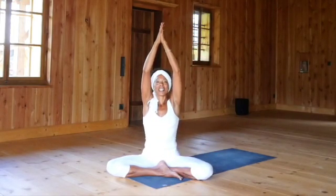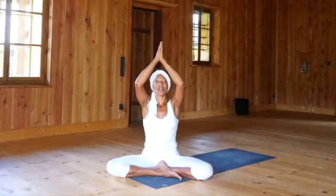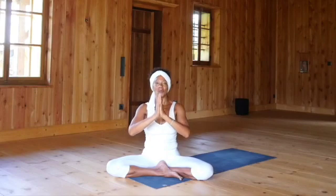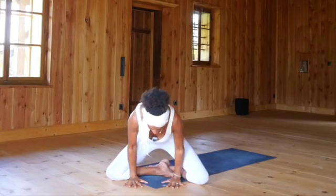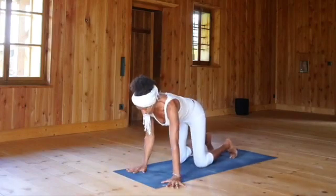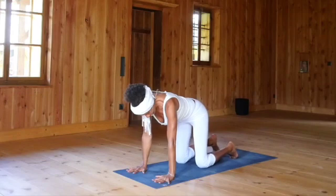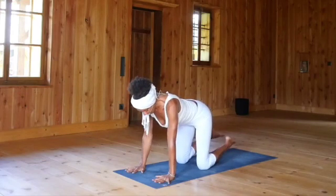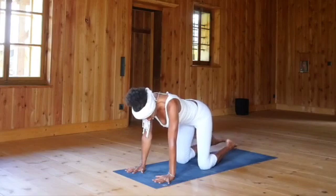Great. Then as you exhale, keeping the palms together, draw your hands down the midline of the body all the way to the floor, and see if you can move gracefully onto all fours. Place your hands shoulder width apart, the knees are hip width apart. Make sure the knees are below the hips and the toes are pointing behind you, tops of the feet on